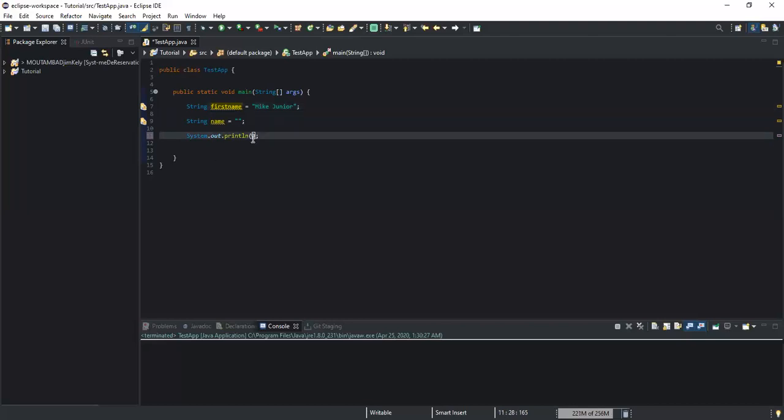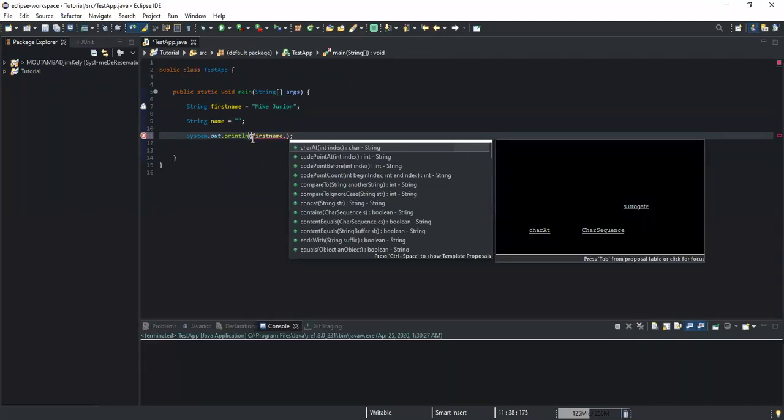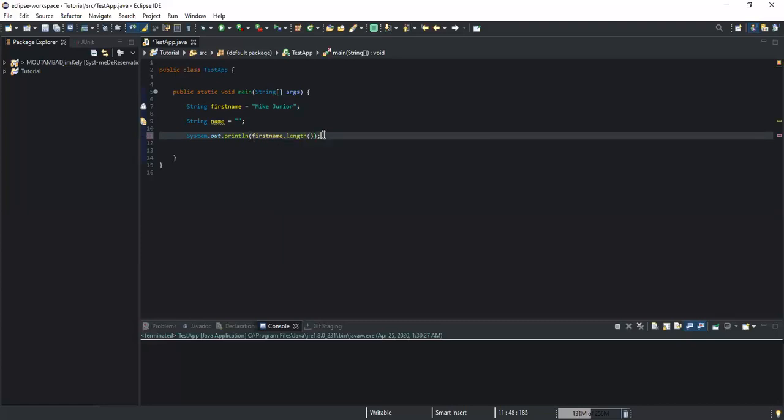I will do a System.out.println, and I will write the name of my variable firstName, then a dot, and then I will write my method. So I will write length and open and close the brackets like this. And you will see that when I run it, a number will appear here telling me the length of my variable. So here 11 means that my string